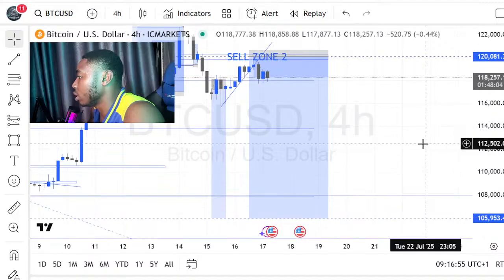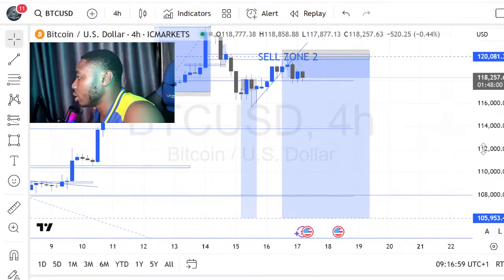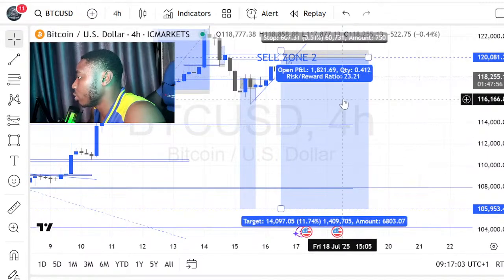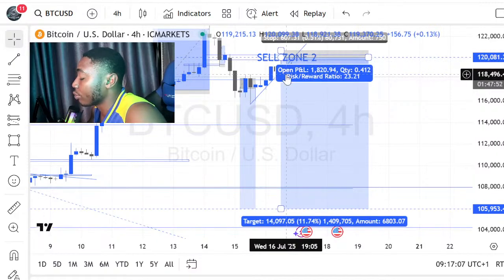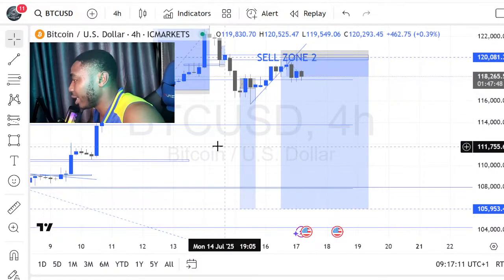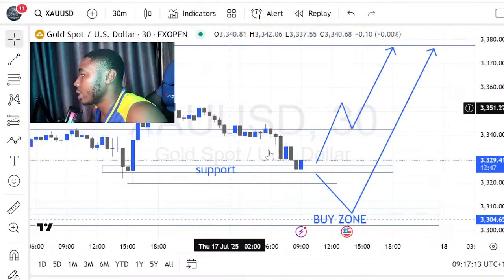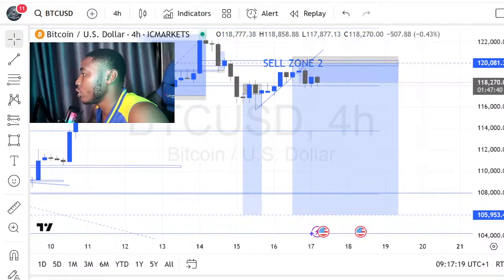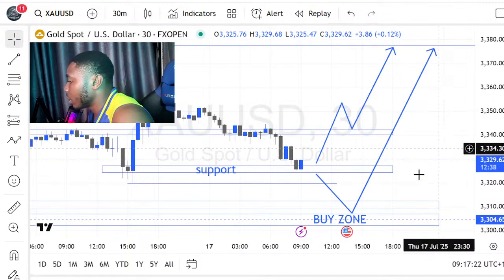I wasn't looking for any long entry or whatever. So I got my golden zones, and I'm waiting for them there. If it's not gonna get there, at least I've made 200 plus pips and locked in with break even. Okay, so that's what I'm looking at now. So gold also the same thing. Gold is trying to be bullish. Bitcoin the same thing. So let's see which one delivers first.